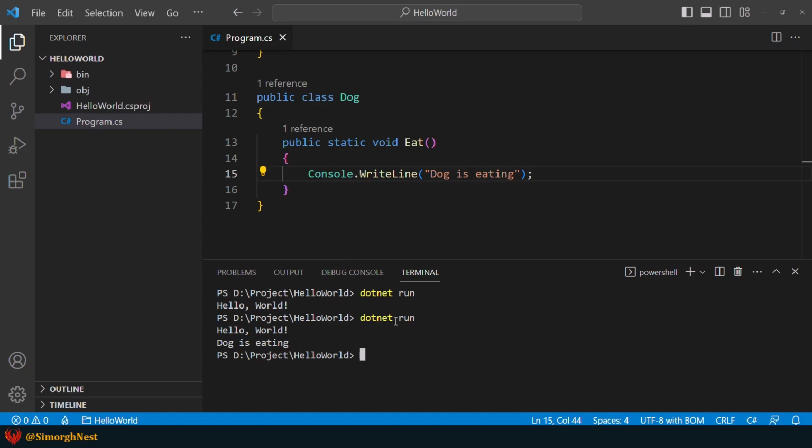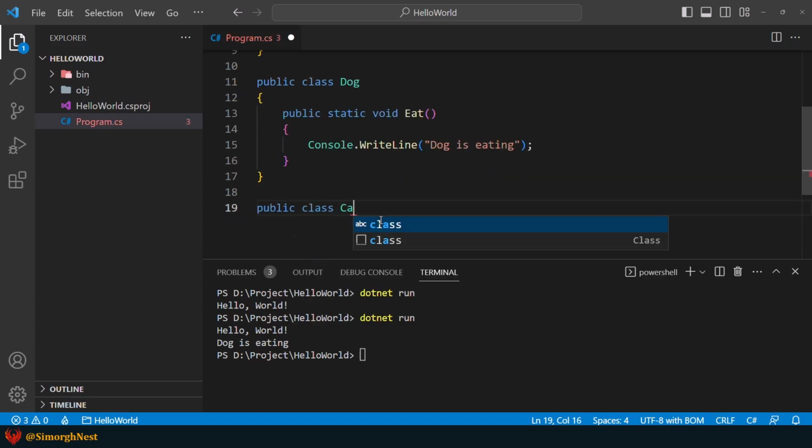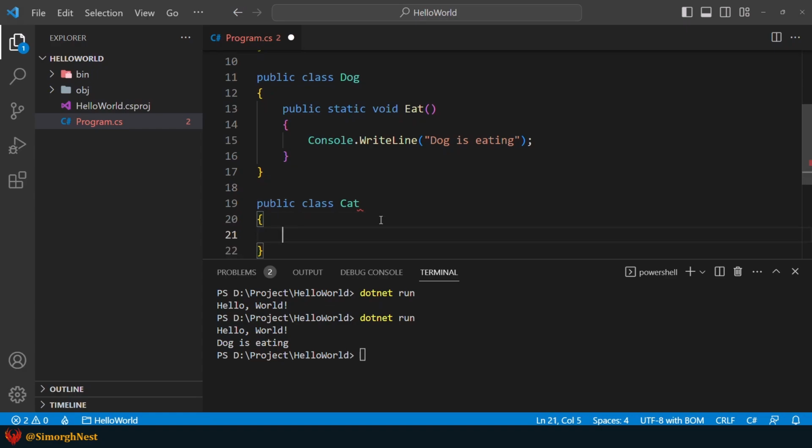Okay, this time let's declare a cat class with two methods. One for printing a running message and other for printing an eating message. So first we need a class named cat. Public class cat. Now let's add open and close curly braces and press enter.